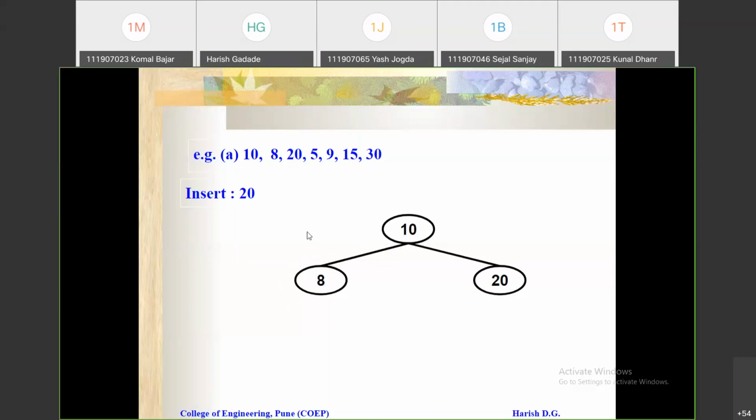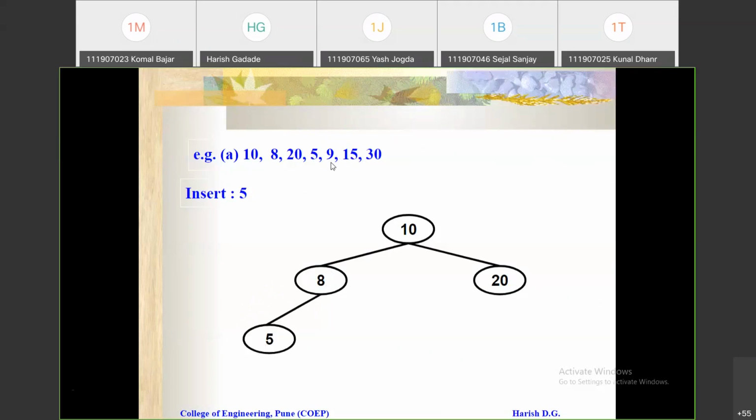It means your pointer would come here to this 8. Now again just compare that 5 with this 8. Now 5 is smaller than 8, so you need to connect it to the left of this 8. So to the left side of this 8, you need to connect this 5. So if you see here, that 5 is connected to the left of this 8, right?